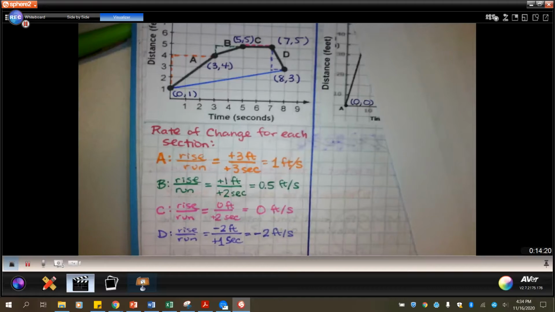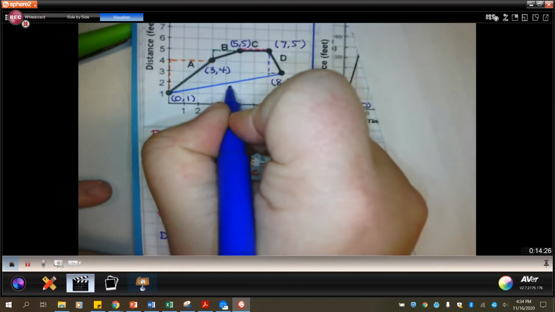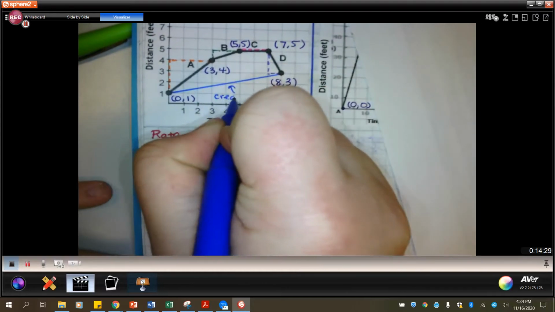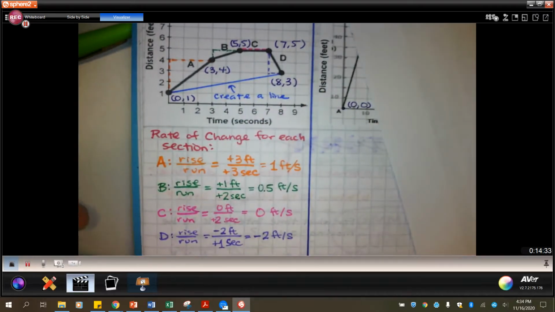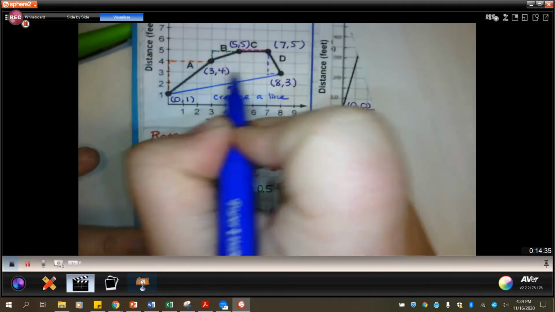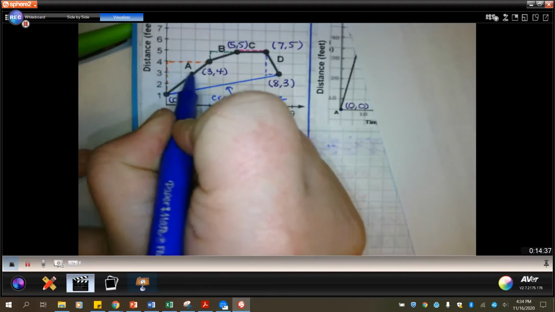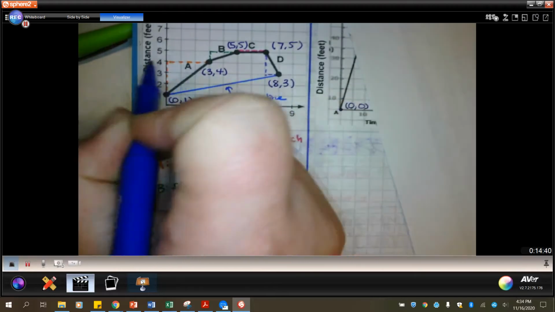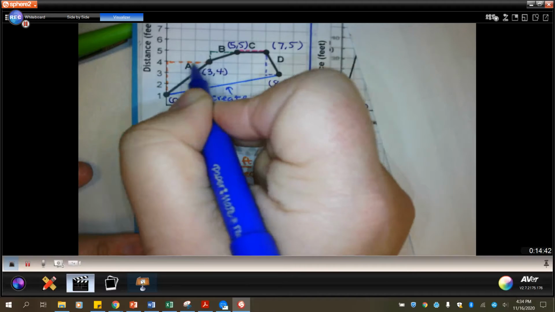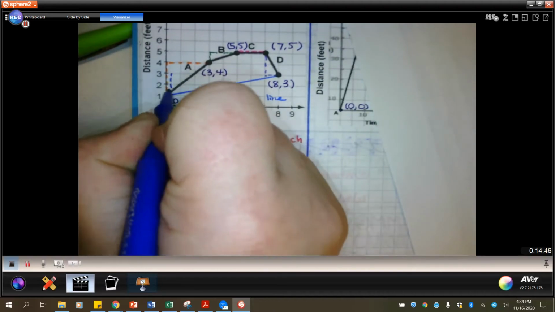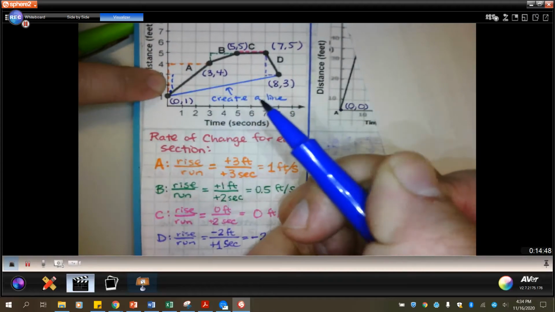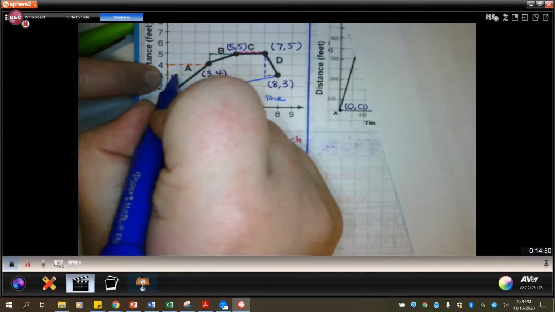There wasn't a straight line there. Now there is a straight line there. Okay? So, create a line. So what we want to do now is we have to go up and over from our starting point to our ending point, and we kind of just ignore that all these other things actually happened. So we're going to go up, and sorry, I'm only going over a little bit so you can distinguish between the orange, and then